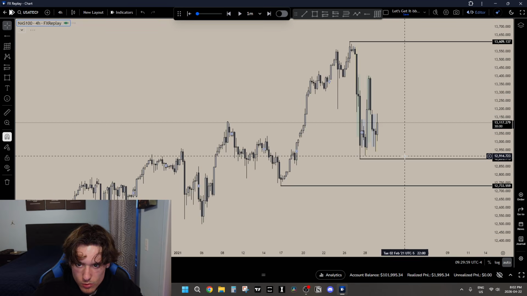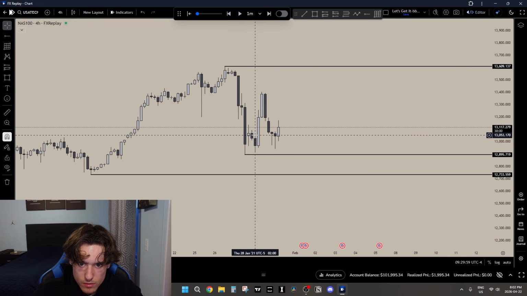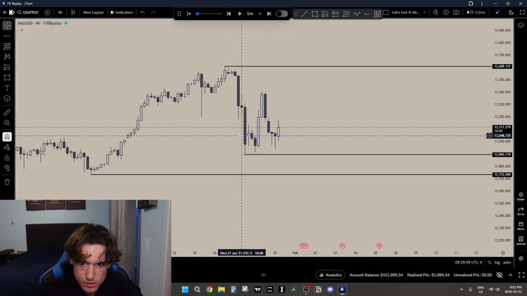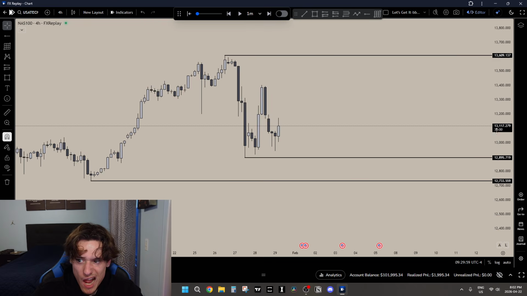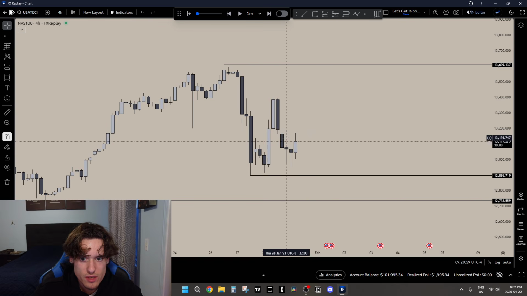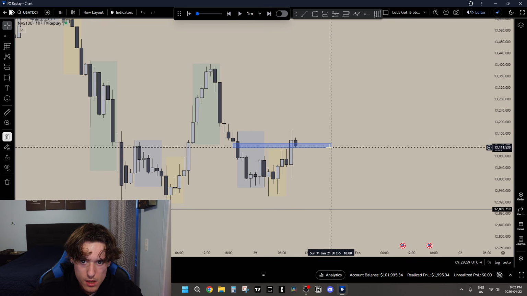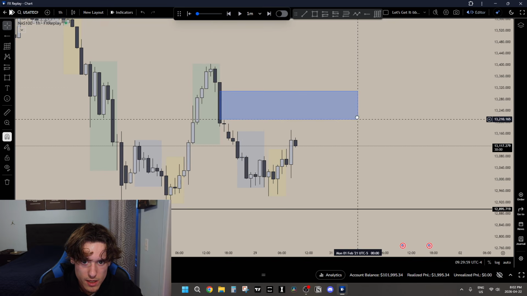Okay. Go back on the 4 hour. What are we doing? So 4 hour, honestly, we are respecting this gap actually. Not really. No, we're disrespecting it. Okay. So I'd want to see bearish price action today for sure then. So we're respecting this, come down to 1 hour. Very nice.